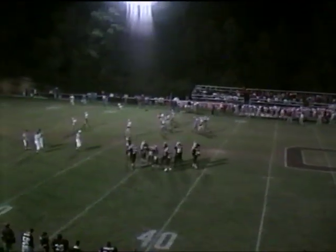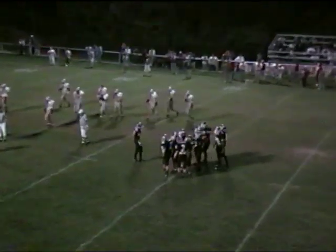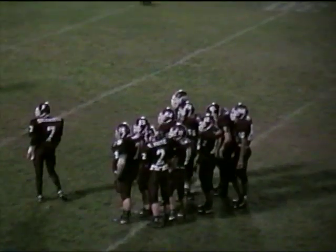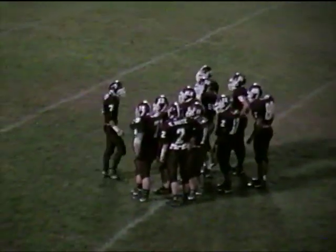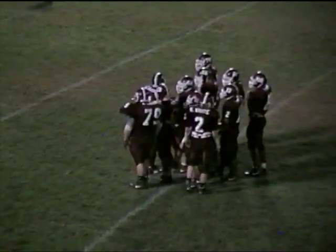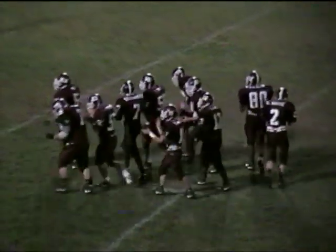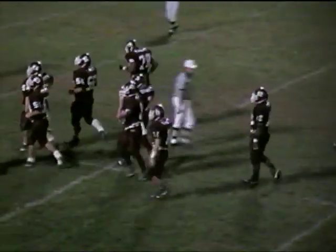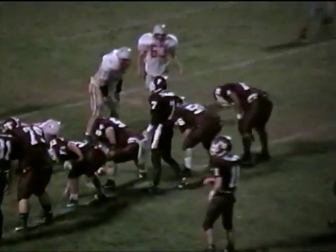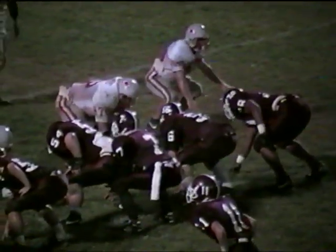Cumberland is facing a second down, and we'll call it 5 yards for the first down, the ball on the 24-yard line. They're going to have to cross a little bit past the 19 to pick up the first down. The Corbin defense rose to the occasion on 3 downs anyway. The last time that Cumberland had the football, on this very same drive, a nice pass completion from Duckworth to his fullback Ravisi picked up the first down yardage,